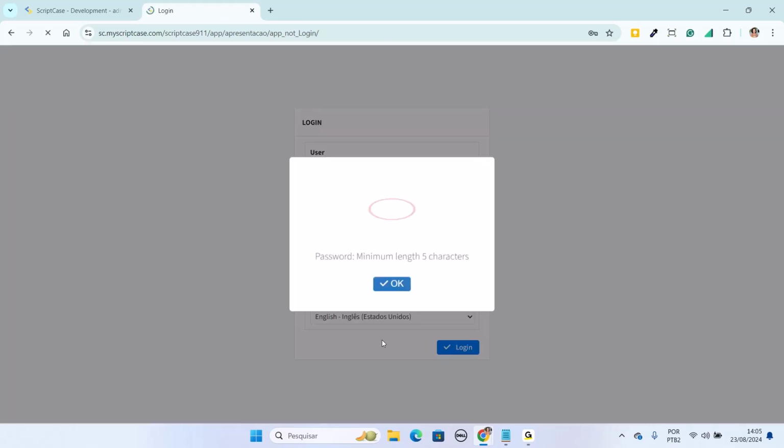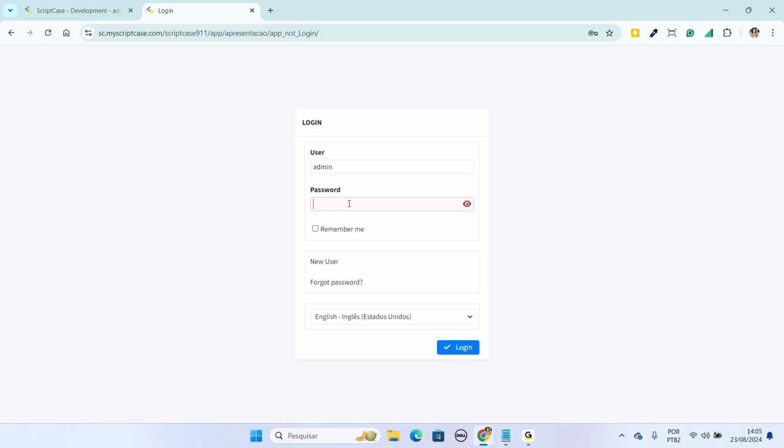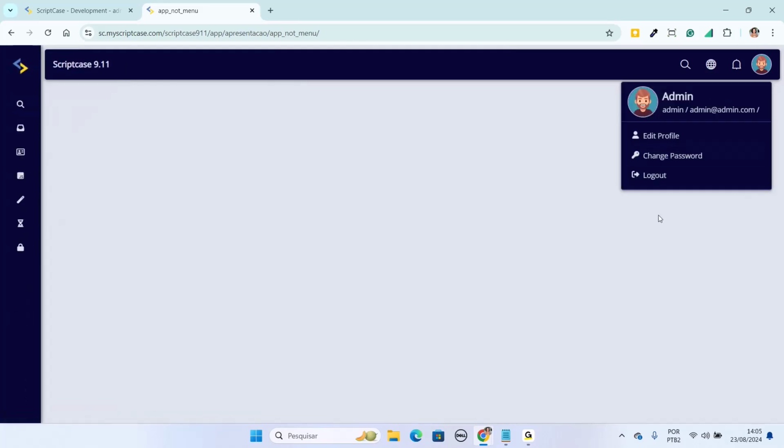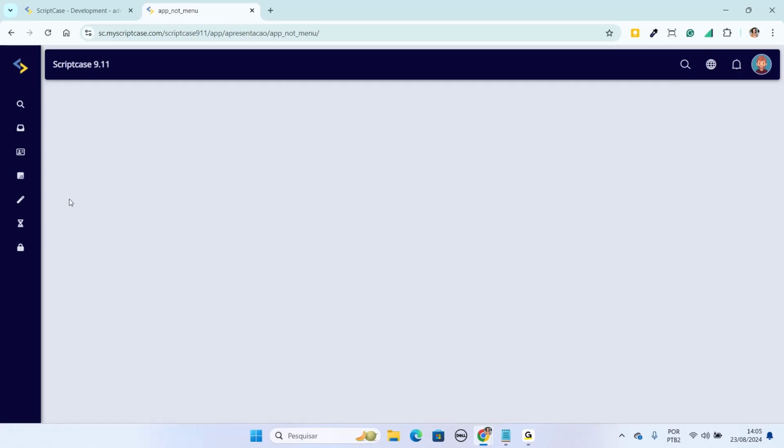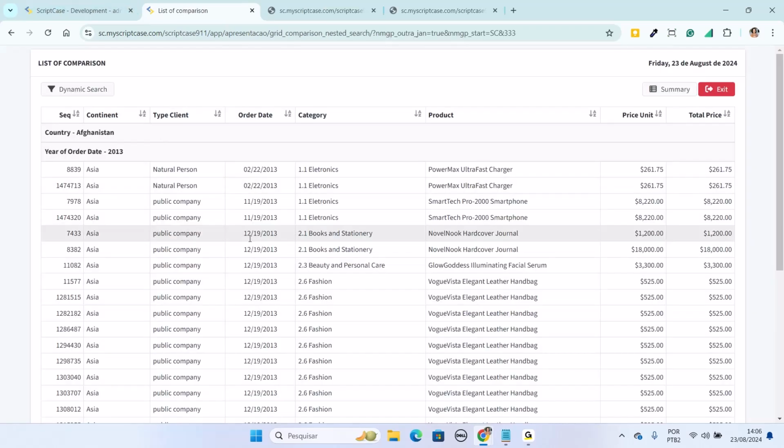English. Admin. And here I have a simple menu, but already with the new options, with the notification. This is the first application I would like to present to you, which is the new, I should say new filter,